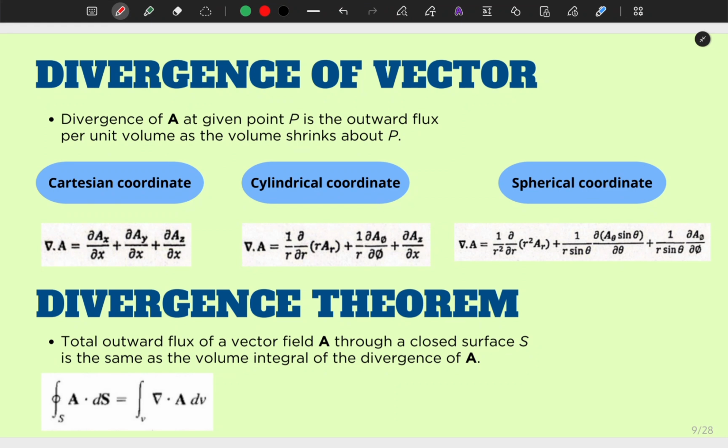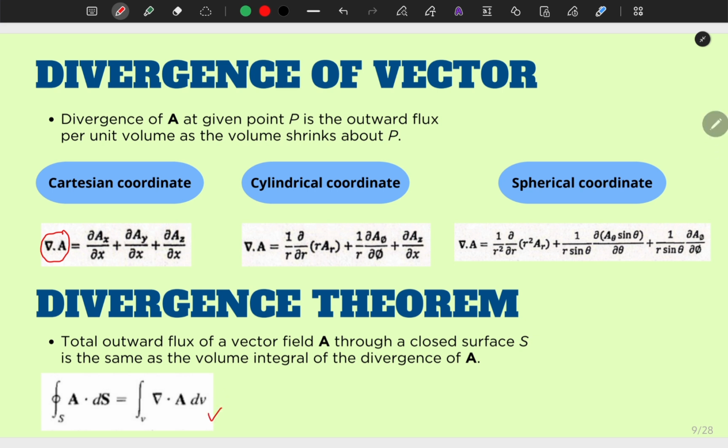it measures how much a vector field spreads out from a point. A positive divergence indicates a source, while negative divergence indicates a sink. Divergence of vector can also be written as inverted triangle dot with A. Divergence theorem relates surface integrals to volume integrals. It states that the total outward flux through a closed surface equals the volume integral of divergence, and this is